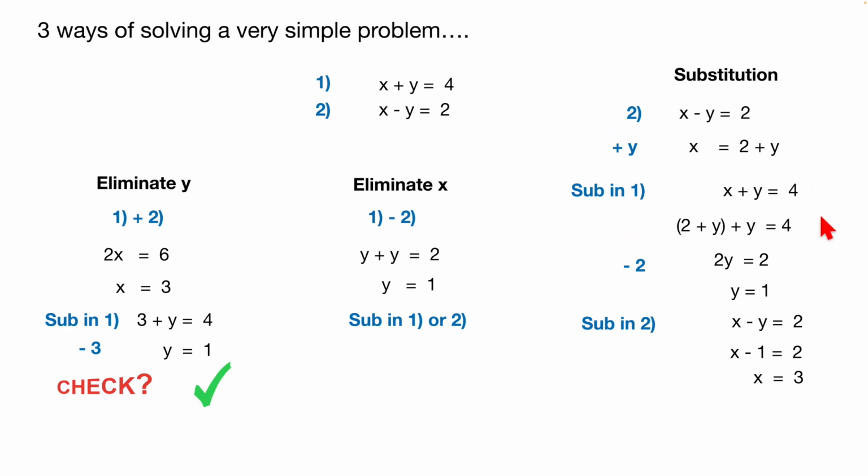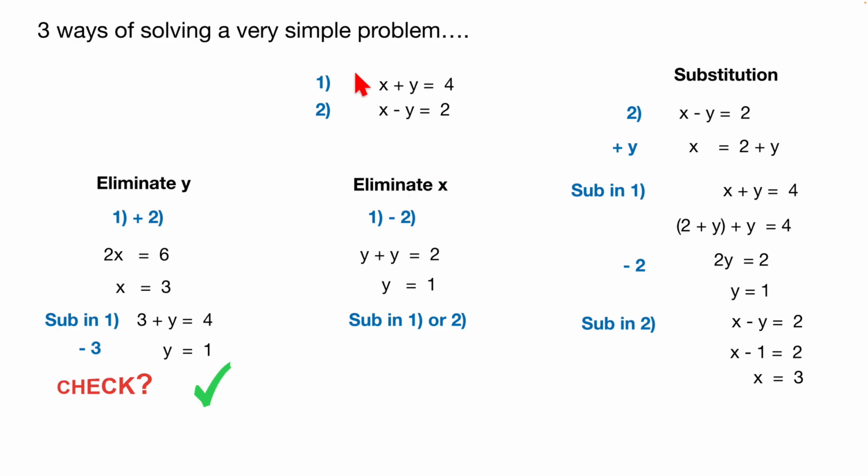A lot of people fail when they do substitution because they get halfway through it and forget where they're going. I'm not surprised. It is boring. It takes a lot of time and effort, and I wouldn't use it. The only time I use substitution is if I've got something involving x squared or y squared. You will not see x squared or y squared at all. Don't worry about that. I would always recommend that you use the elimination method,